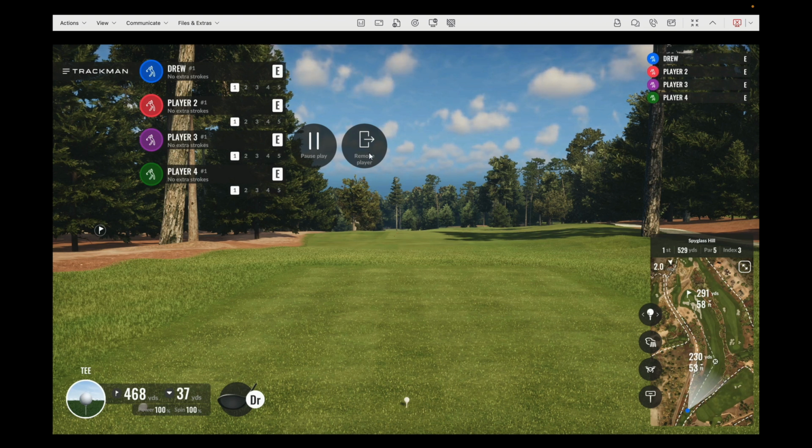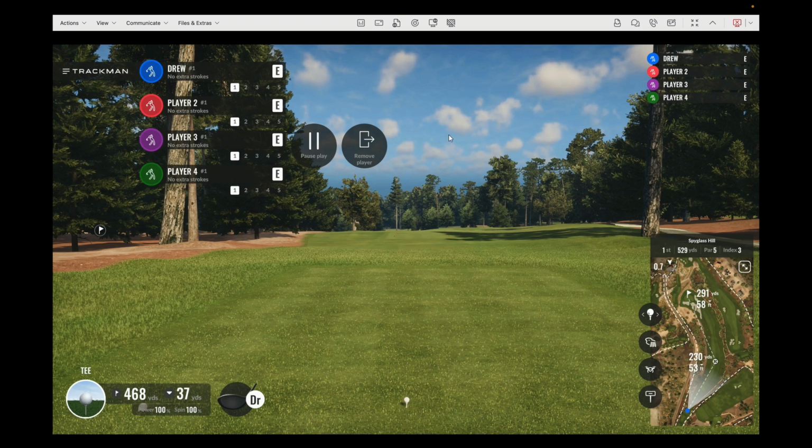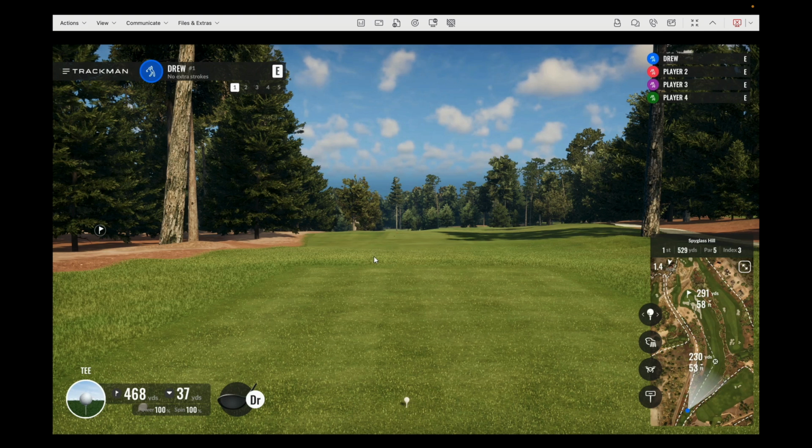mulligan, take a drop, re-hit. So there's a lot of different options. So that's how they're going to do everything in the gameplay, is just by clicking on the player's name, and then picking the player they want, and then doing the action they want. And from there,